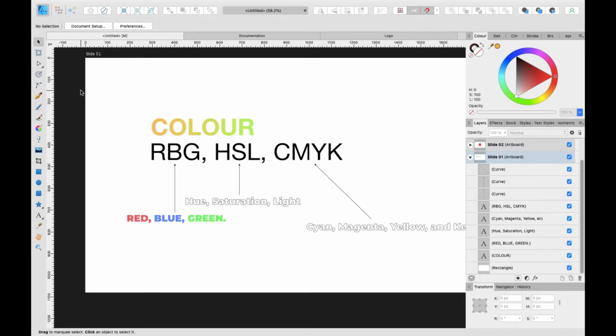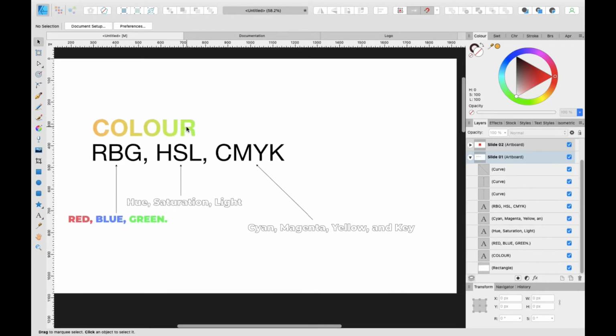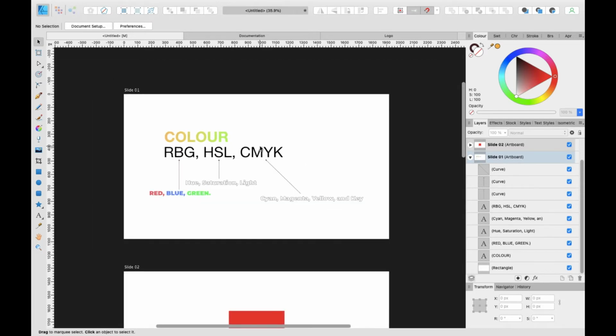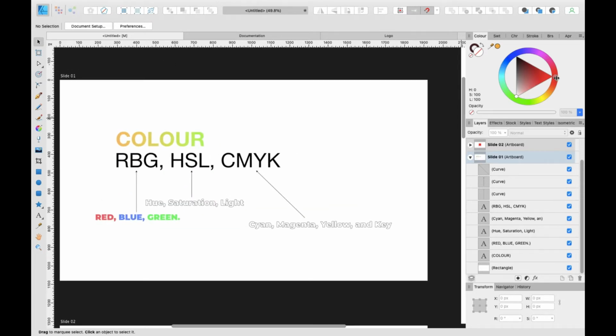The software that I am using right now is Affinity Designer, and how do we use it? It's simple. In the right corner, there's a color tab, right here where my cursor is. If I go there, you can see this is a hue wheel. So, what is the hue wheel? These colors,